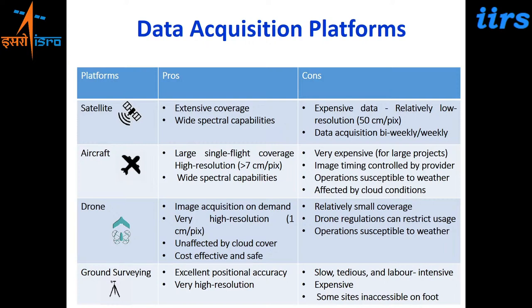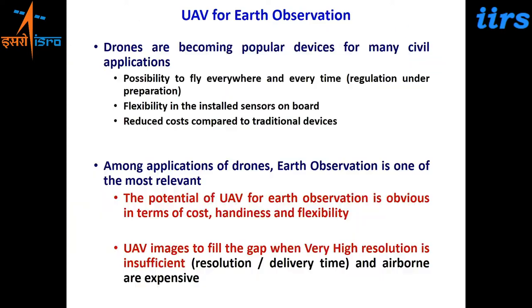But the problem with these drone data sets is you can't cover larger areas. We'll talk about the issues with these drone data sets, and why they cover a smaller area: because they are lightweight, the battery power and energy is less in them, so they cover small areas. They are restricted by drone flying regulations, and they are susceptible to heavy wind conditions and temperature conditions. If it is very hot or very cold, the instrumentation gets affected. So in a nutshell, we can say drones play a complementary or supplementary role